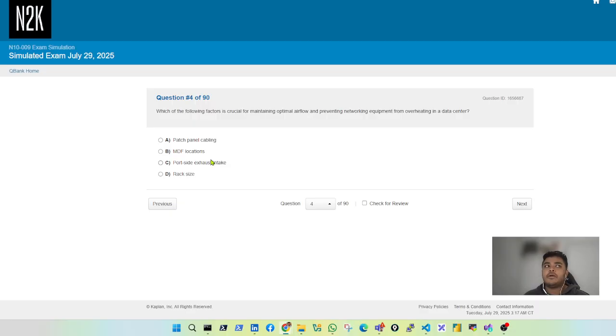What can it be? I think it's port side exhaust, because it refers to how airflow goes through the network equipment. Yeah, so port side exhaust. Next,